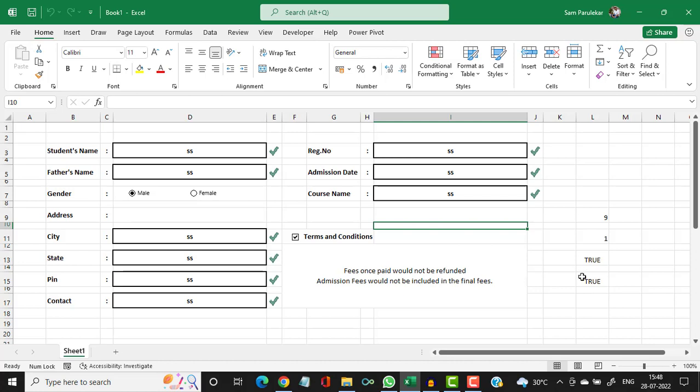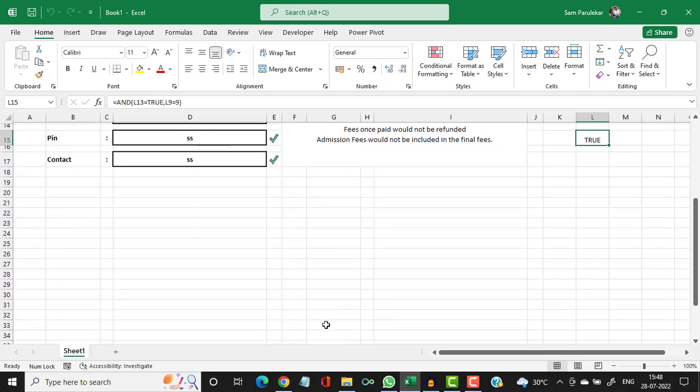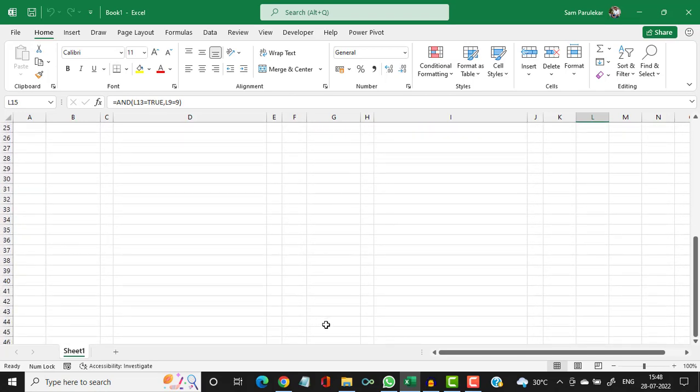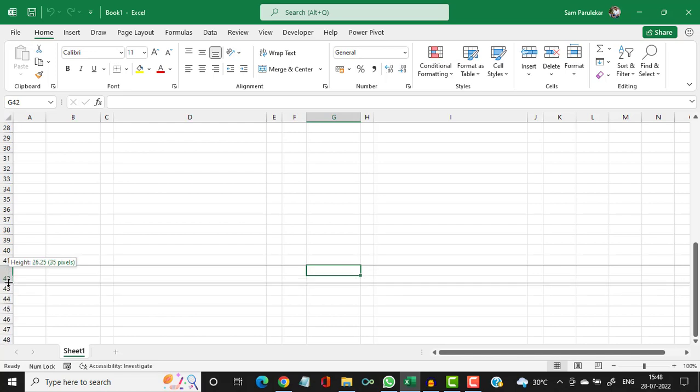After we have done this, next we would proceed to construct the two buttons, submit and clear. So we will now move to somewhere at the bottom of the sheet, and somewhere over here we will create a button. So I would increase the height of this row like this,